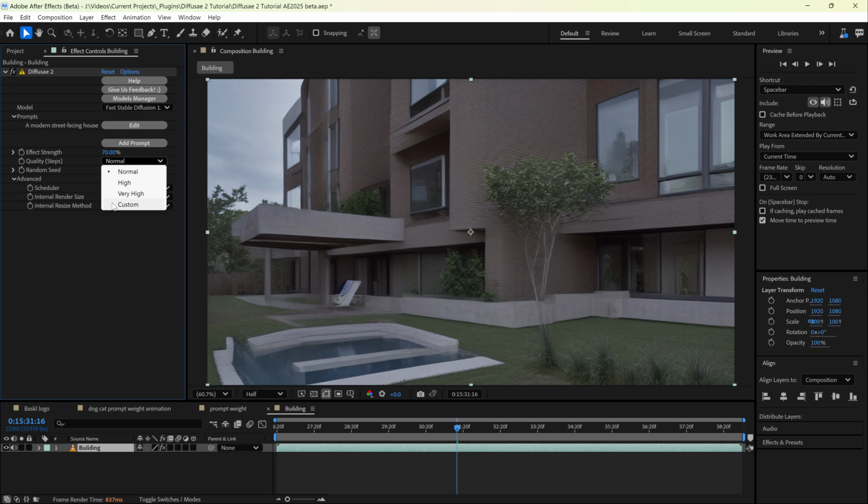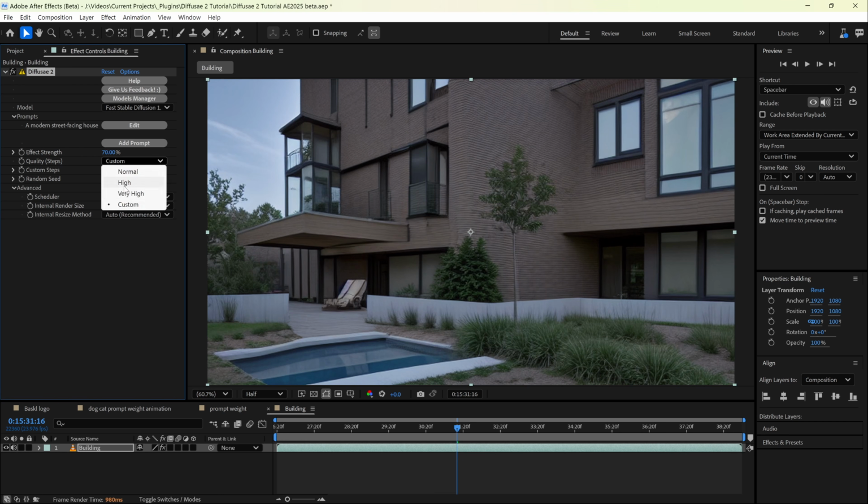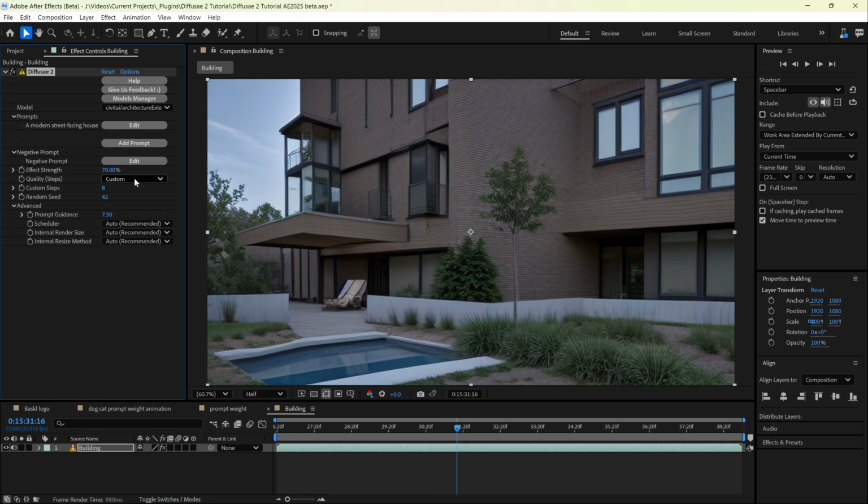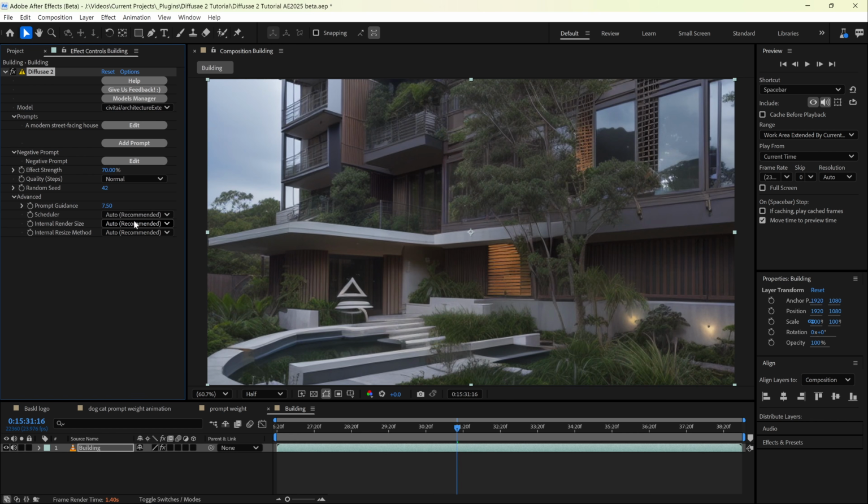But if you do want to customize it, you have just as much control as before by hitting custom and then going in and changing it here. So I'm just showing on screen now what the normal, high, and very high are actually choosing for the steps value internally. So let's just go back to the architecture exterior and the default value for steps, which is normal,